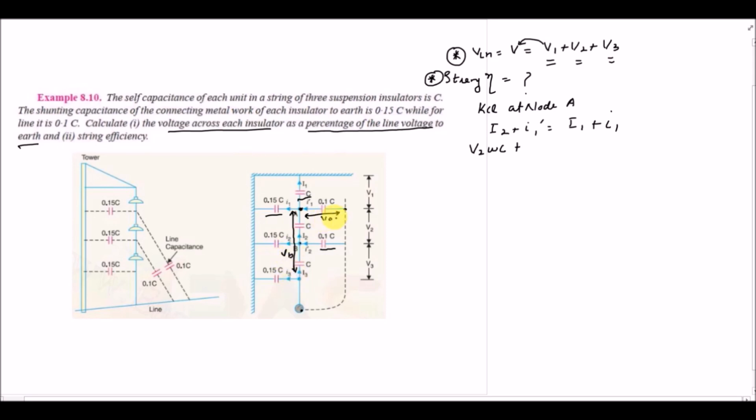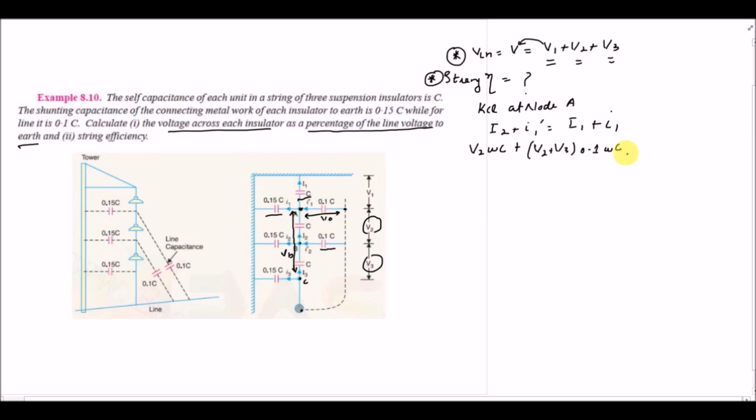So this VA is actually equal to voltage VB, which is from point A to point C. So VB, it is actually the summation of V2 and V3. So for I1 dash, it is V2 plus V3, the voltage value, and then the capacitance value is 0.1 omega